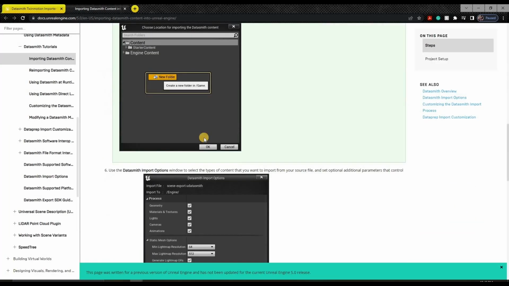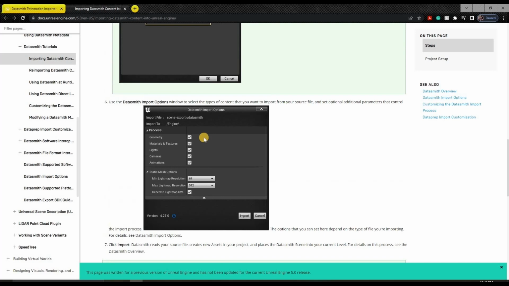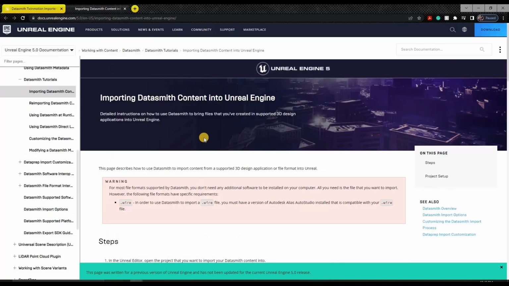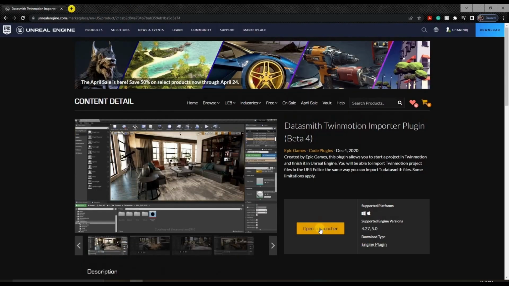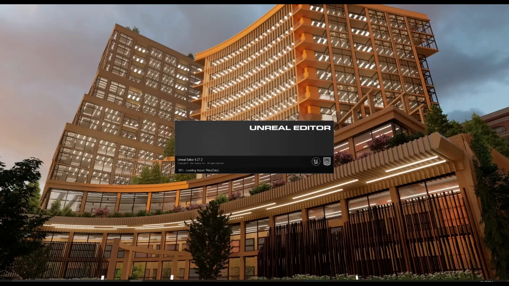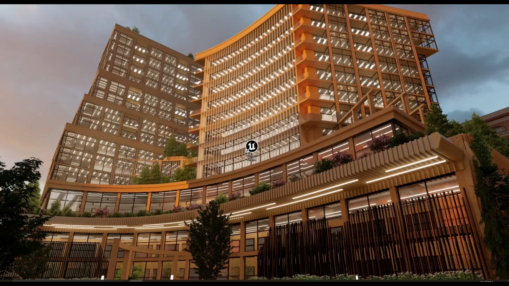Here's the Datasmith importer. It gives you step-by-step directions in case this tutorial wasn't clear enough. They also have a help forum where you can go and ask questions and other people are going to answer it. So now I'll open Unreal Editor, the Unreal Engine program,